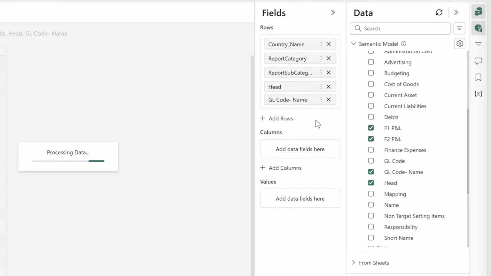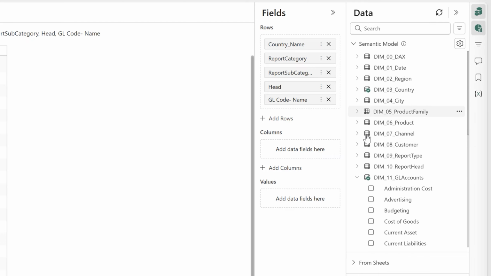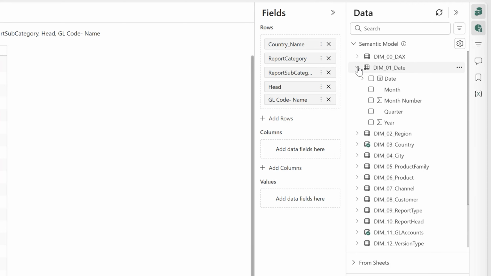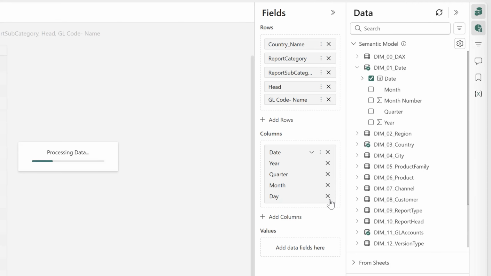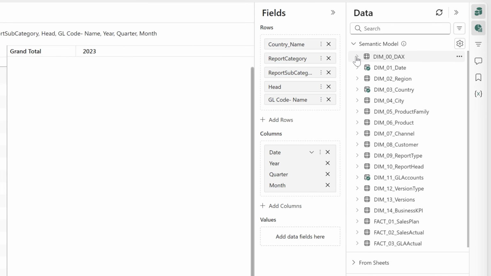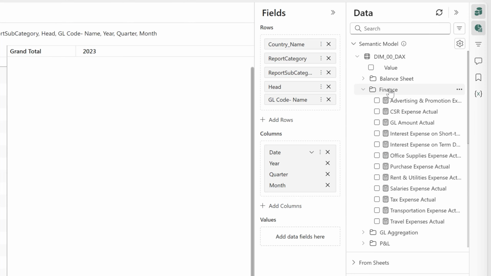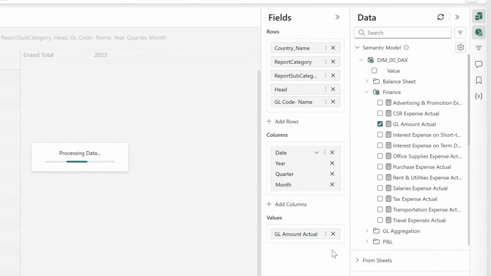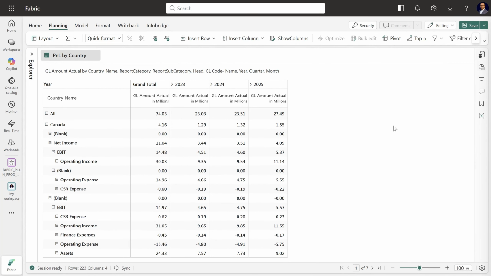That should be fine. And now we get our time dimension in the column. So we go to the date table, get the date hierarchies in, and remove the day scale. And now we get the appropriate measures in. So first we will bring the GL amount actual, which is sitting in the finance folder in the values fields. Now let's just slide this in for a bit. And we see that there are some blanks because we also have non-P&L chart of accounts here, those belonging to